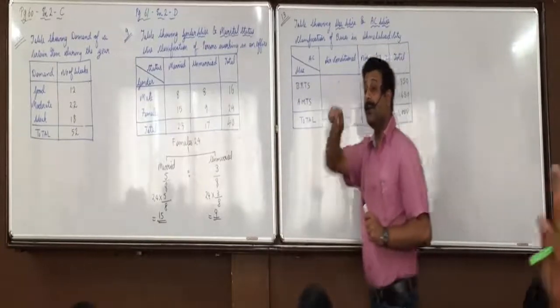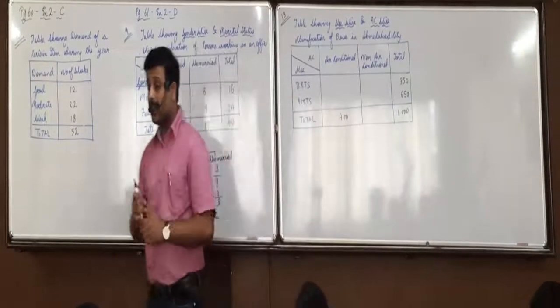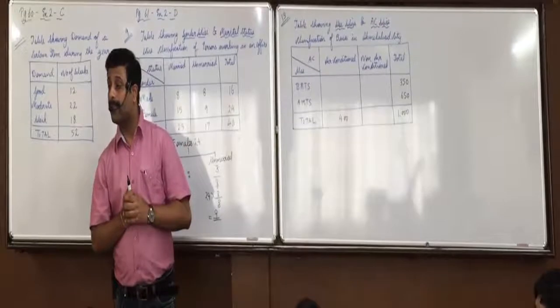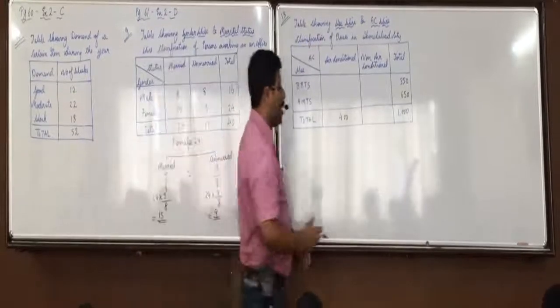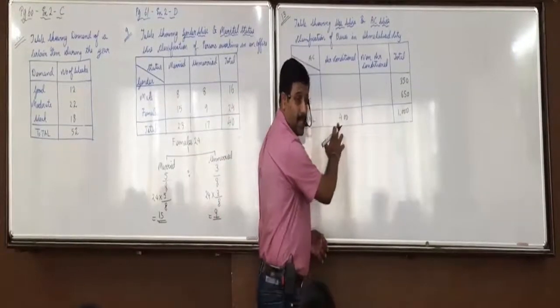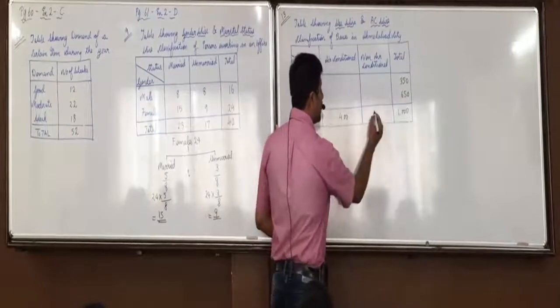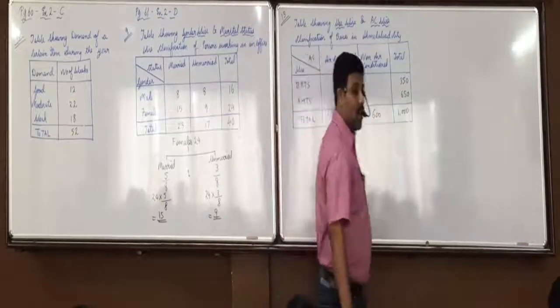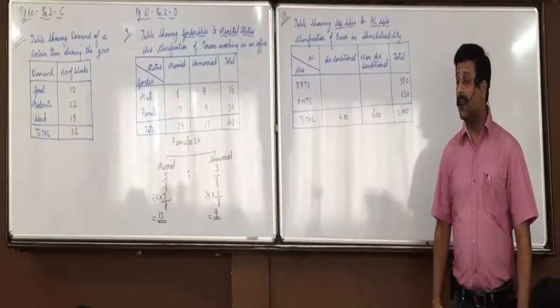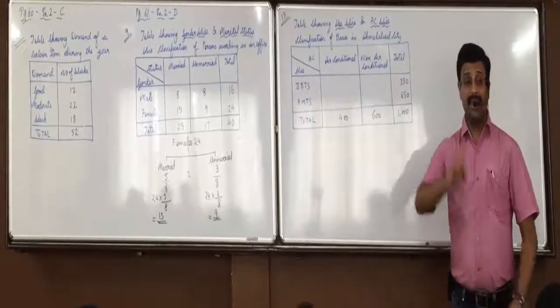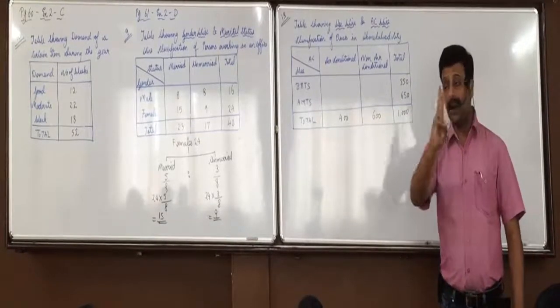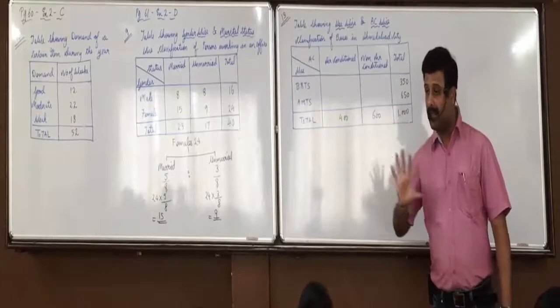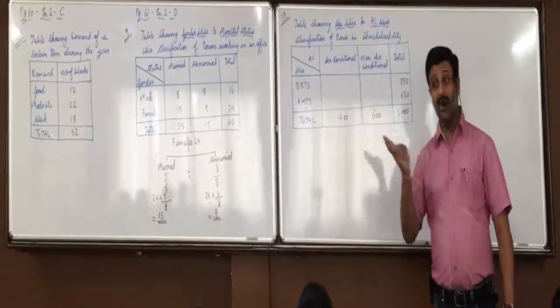What is your name? Richa. What else can be obtained? Correct. Out of 1000, 400 are air conditioned. So 1000 minus 400, 600 are non-air conditioned. Any confusion in this? As I said, with every one figure, obtain at least two. Go systematically, you will not have trouble. Every one figure will get you two figures.